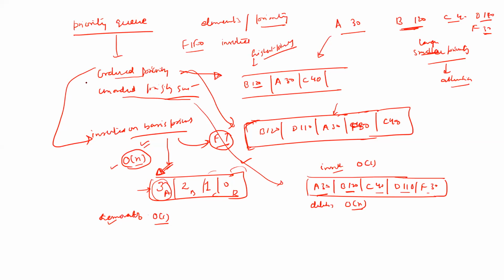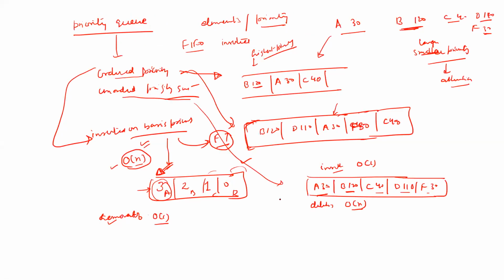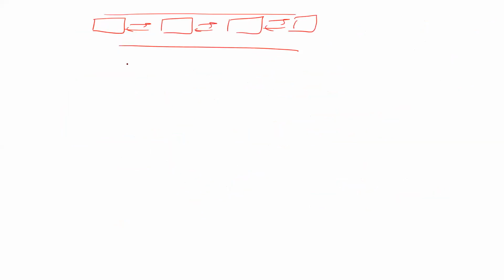So both variants are applicable, either ordered priority queue or unordered priority queue. Similarly, for priority queue implementation you can go for a linked list variation, that is a doubly linked list. If you are performing insertions and deletions multiple times, either to maintain the sorted array or to search for the highest and minimal element, it is recommended, because if you maintain a sorted array you will be altering many elements from left to right, and inserting somewhere in the middle also. So a doubly linked list is a better solution for that.